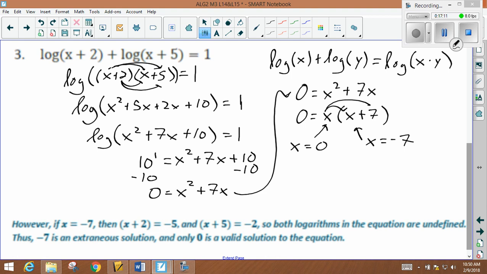We got to check them both, okay? If I plug 0 in here, do I get the log of a negative number? No. If I plug 0 in here, do I get the log of 0 or a negative number? No. So that one checks out. But we got to check this -7. If I plug -7 in here,